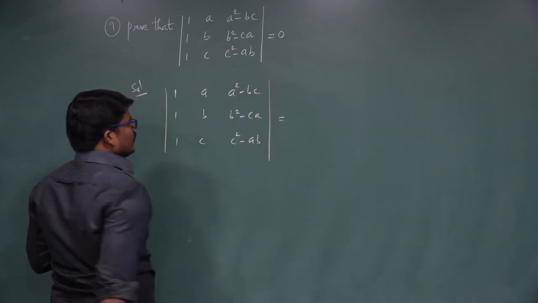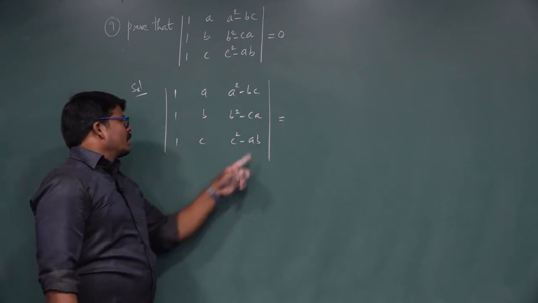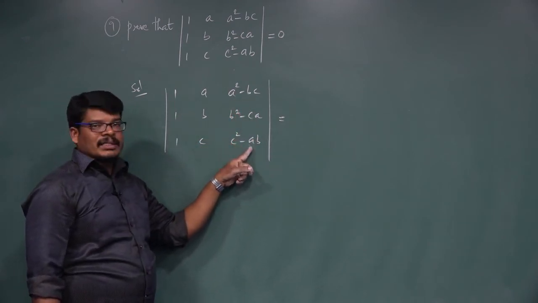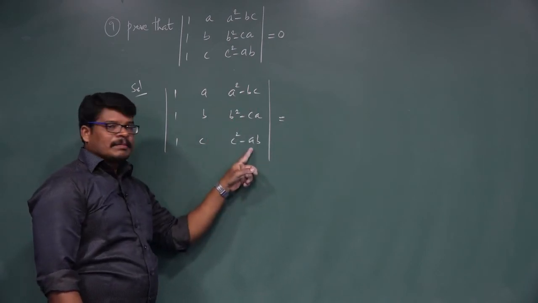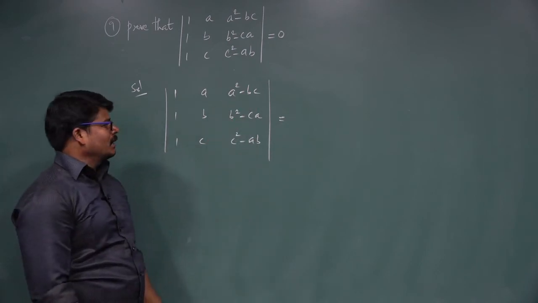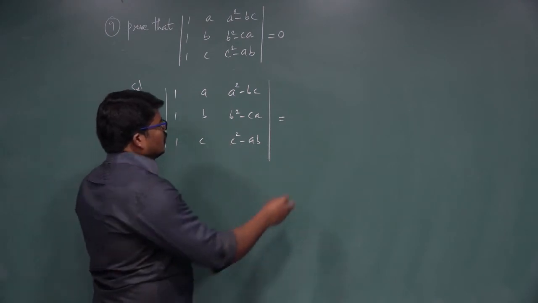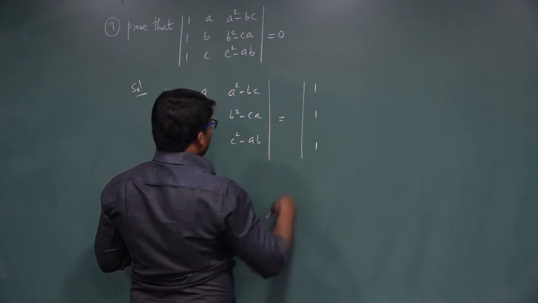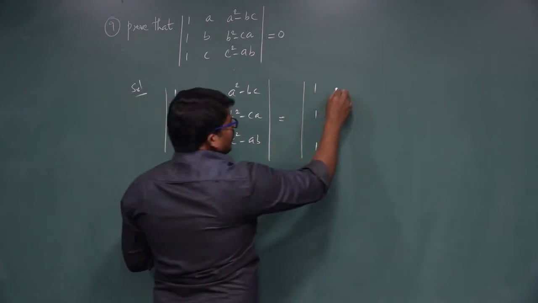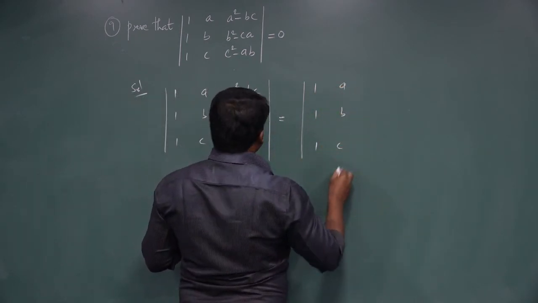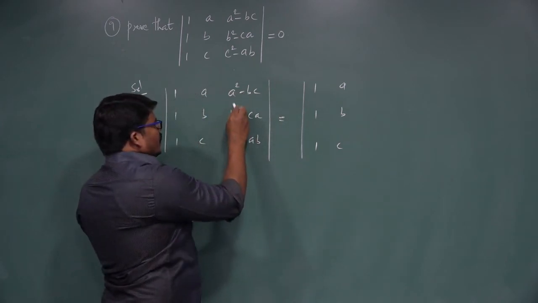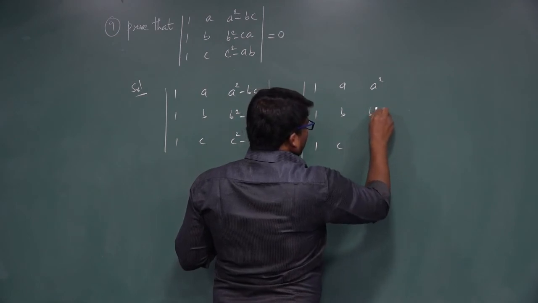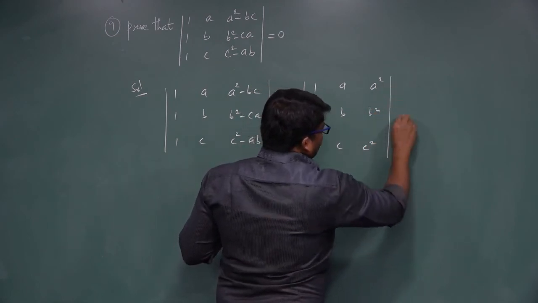Now we express this as two determinants. The first determinant: first column as it is, 1, 1, 1, second column A, B, C, and third column A square, B square, C square. This minus